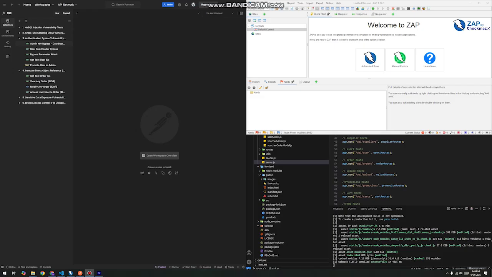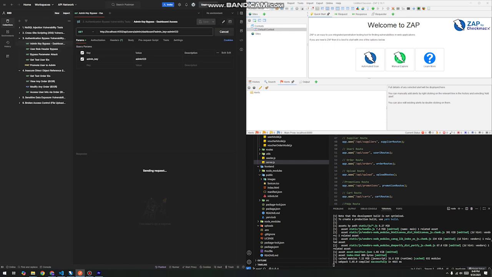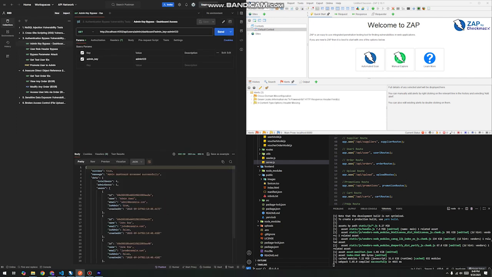Hi, I'm Nipuna. My focus was to strengthen authentication, fix insecure direct object reference vulnerabilities, and integrate Google OAuth 2. Previously in our system, admin access could be gained simply by adding parameters like adminKey equals admin123